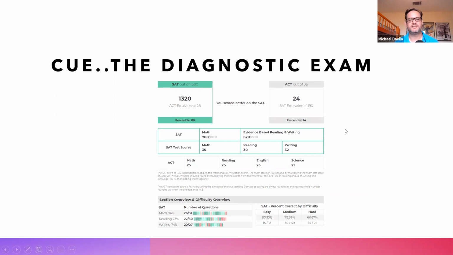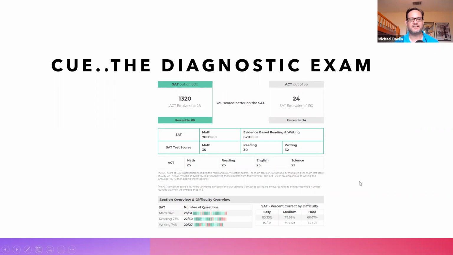I really encourage students to take this up front, because it will come back and tell you if you've done better on one, or you're likely to do better on another. Okay. It also has some really great diagnostic information that you could provide, for example, to a test prep person, saying, hey, these are the areas where I wasn't quite up to snuff. And then they can focus your preparation in those areas.